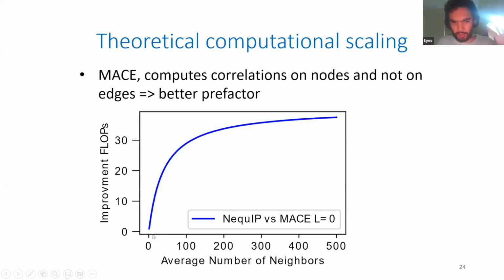So for a reference point, usually molecules with a standard cutoff have around 15 to 20 average number of neighbors. And then you can go to dense carbon, for example, and this can go to 80 or even 100. So really, in the molecule setting, you're expecting to gain a factor of between 5 and 10. And with cross-pack, you can go to even more, theoretically. Obviously, this is theoretical. I think Dominic has a question.